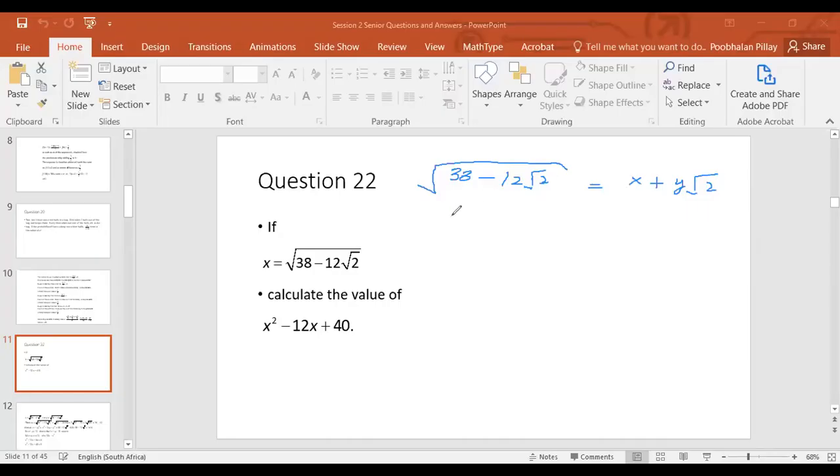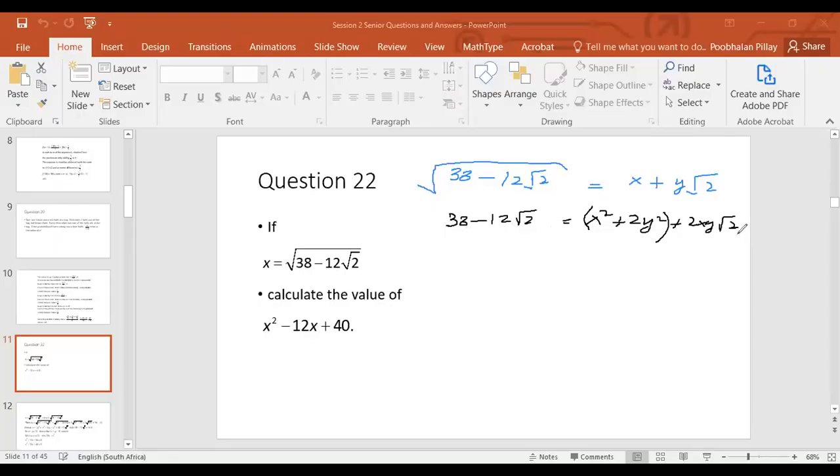Okay, the square root of this is equal to this. It means that if you square both sides, they must be equal. But when I square this, I got x squared. If you square that, you got 2y squared. And that's a nice whole number. But there's a middle term, which is 2xy times square root of 2. This times this multiplied by 2. That's the middle term. So now if you compare these two things, you will see 38 minus 12 root 2